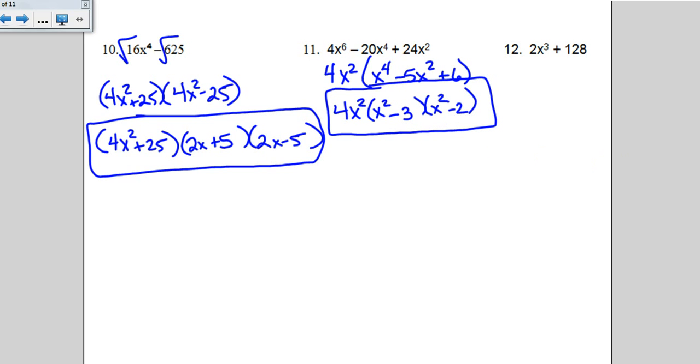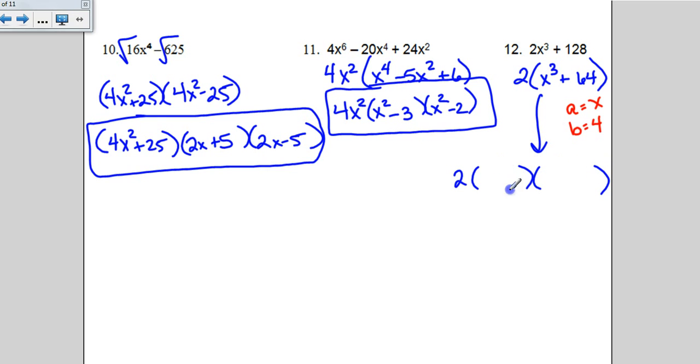Okay, on number 12, I've got a common factor of 2 I can take out before I start, leaving me with x to the 3rd plus 64. Well, bummer. We kind of have one of those patterns. It's the cubic pattern. So remember, the a in this part would be just an x, and the b would be a 4. That's the cube root of 64. So I'm going to bring this down here. The 2 stays out in front, but using my sum of cubes pattern,